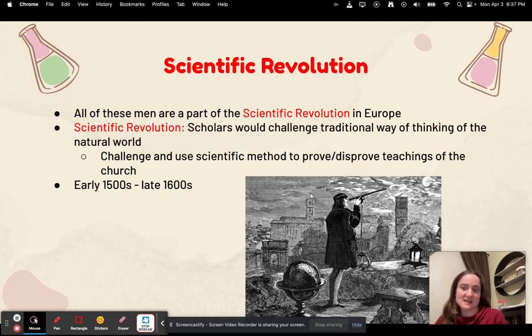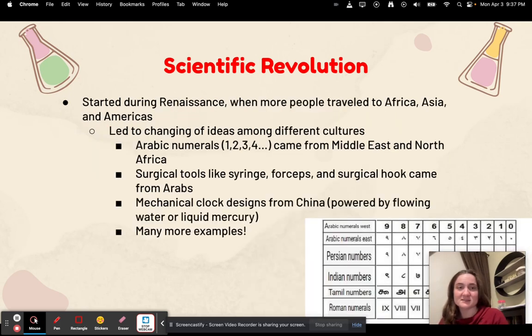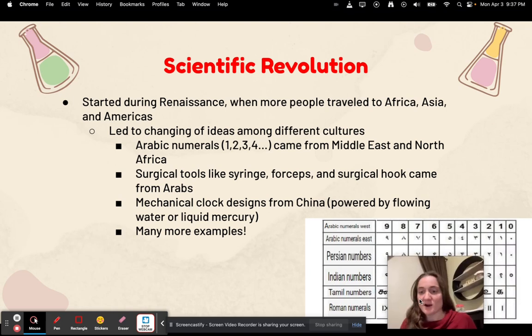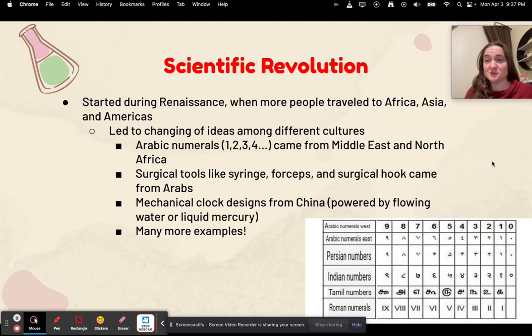One of the big ones is having Earth in the center of the solar system. And the scientific revolution was between approximately the early 1500s to the late 1600s. So it started during the Renaissance. And that is where a lot of people traveled to places like Africa, Asia, and the Americas. And because of this, there was a spreading of ideas,